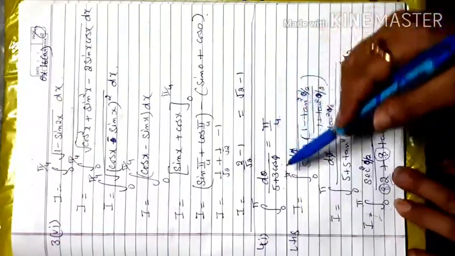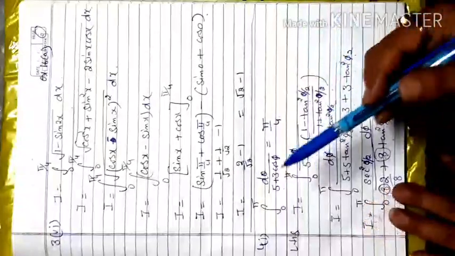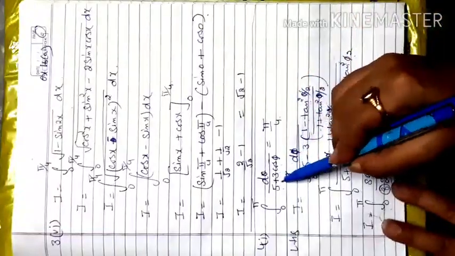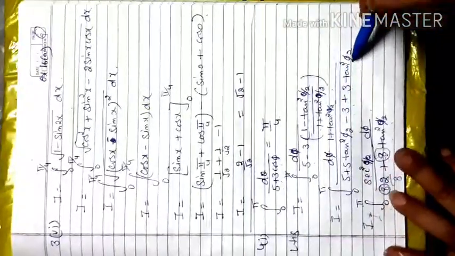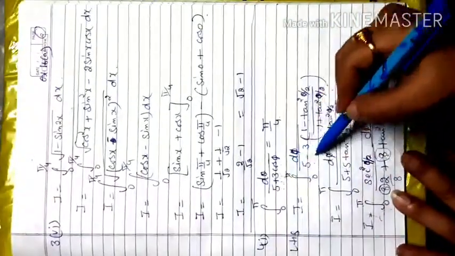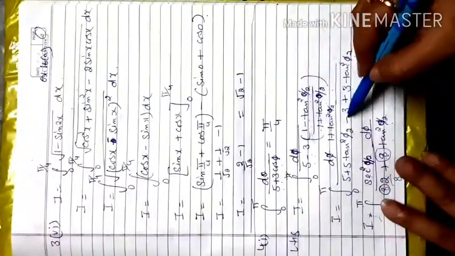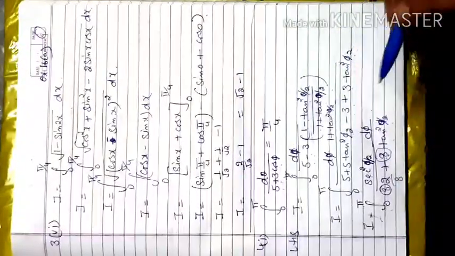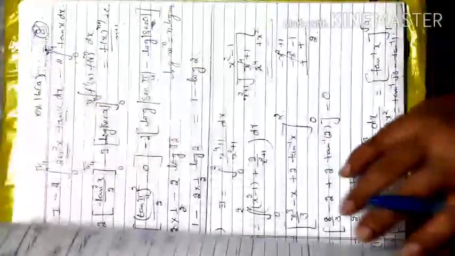so better get the answer. Still I get the answer pi by 4. Okay, so instead of plus I just solved with the minus. If you change it into minus, your answer will be the same, because when I solve with minus, it becomes 3 plus 3 tan square phi by 2. If you go with the positive, that becomes 8 plus 2 tan square phi by 2. So only the values will be changed, but the answer will be the same here. There will be no change in your answer.